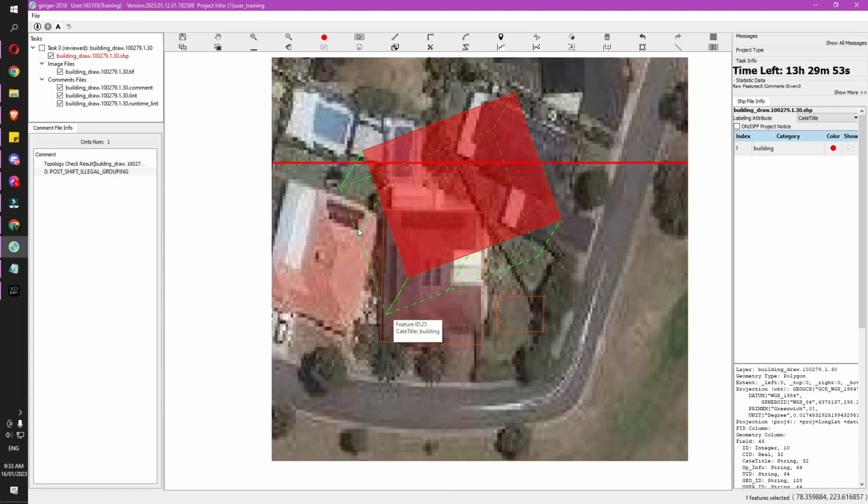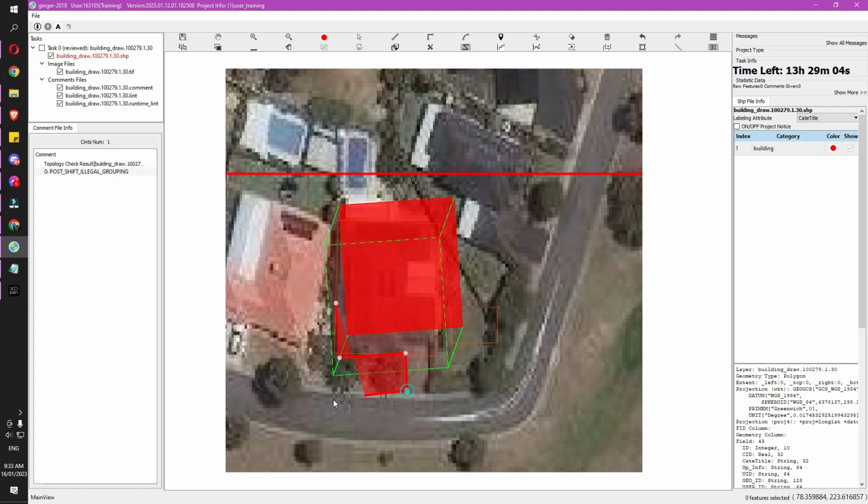Kasi minsan, mayroon kami nakikitang trying to cheat the system. Kunwari ganito. Tapos, ipupull na lang yung wall, ganyan. No, that is not the way to do it. Okay? Use H tool. Okay. Next